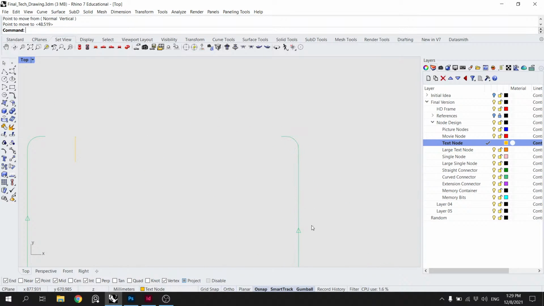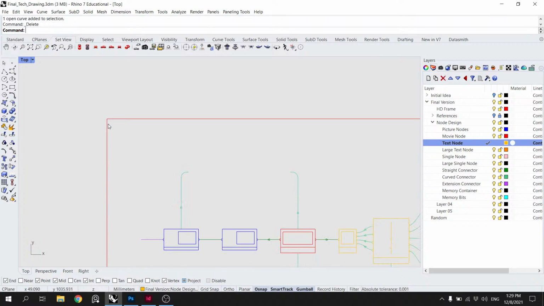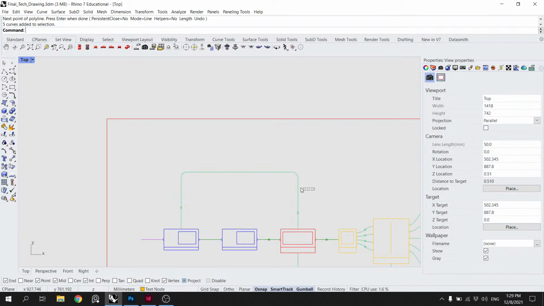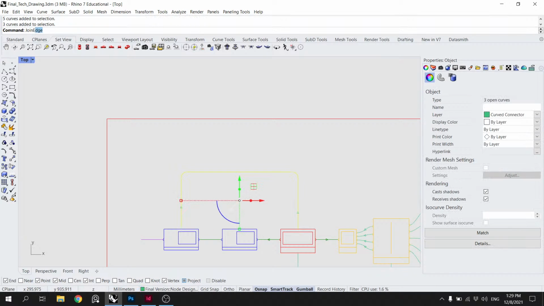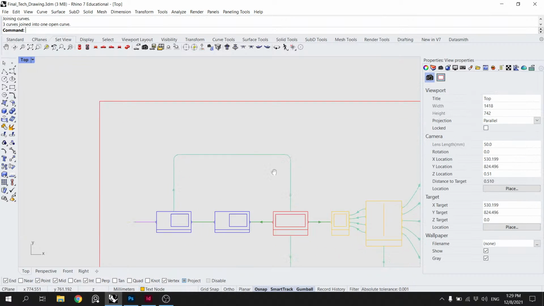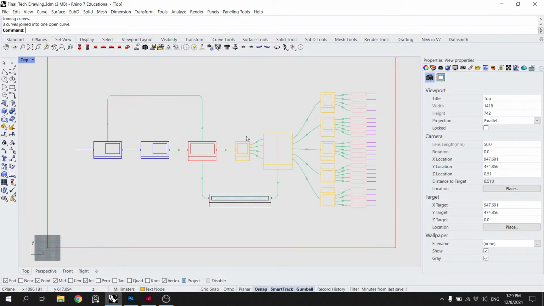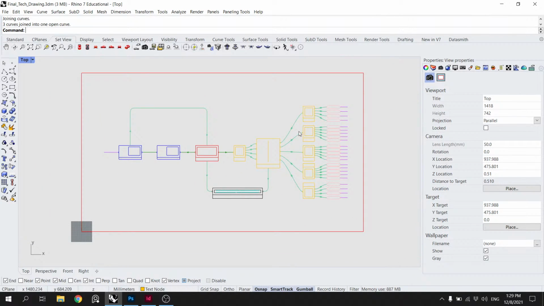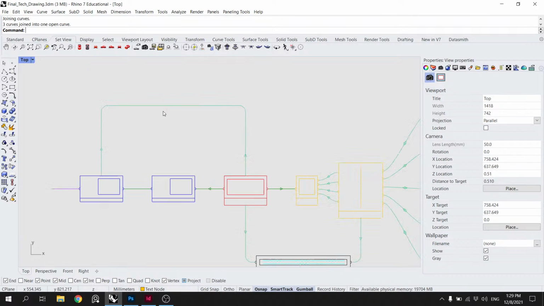Okay. Then there's a line that goes from here to here. This all gets put in the curved connector, and then these get joined. Okay. Maybe.